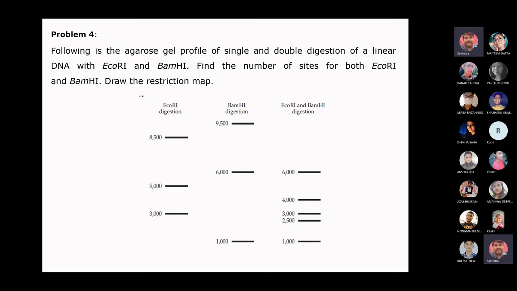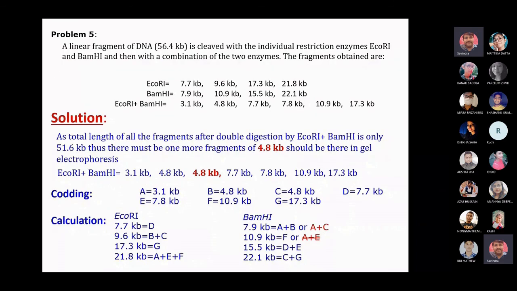Just imagine that the fragments are those balls and you are the electric force helping in the movement so that they can travel a distance. If they are smaller, they will travel more. If they are bigger, they will travel less. This is the way they will travel. So if both the balls are of the same size, in the form of a band, we cannot distinguish between 4.8 and 4.8. They are in the same place. If two bulbs are lit exactly one behind the other, we will not know whether there are two bulbs or one bulb.